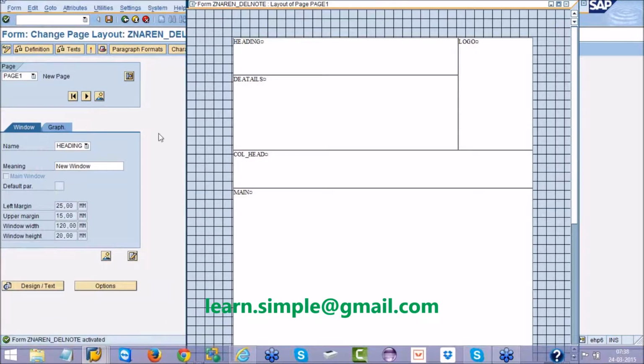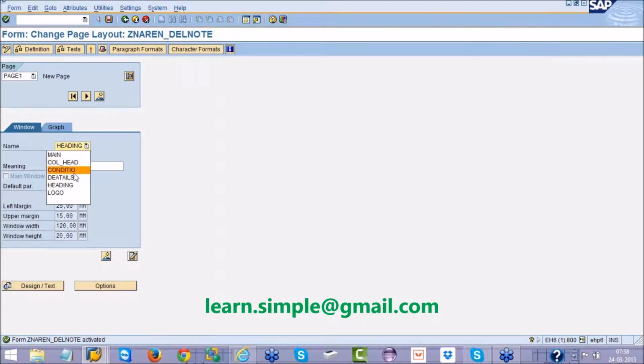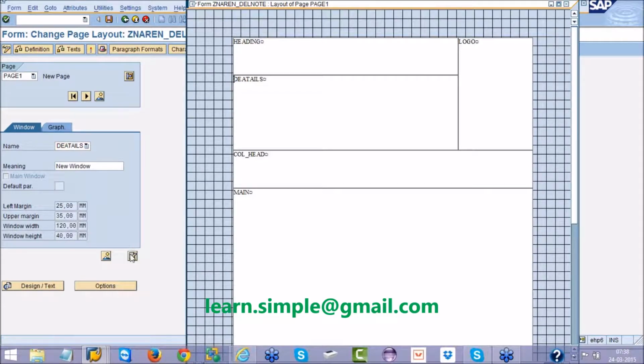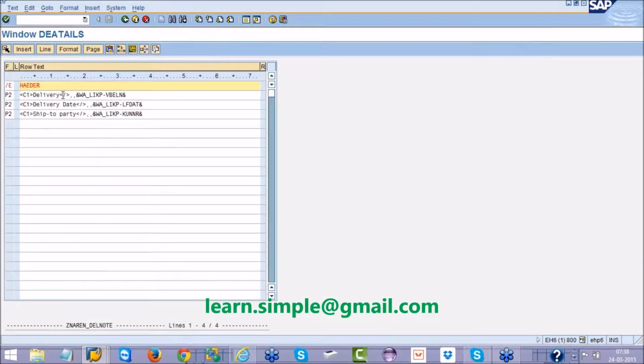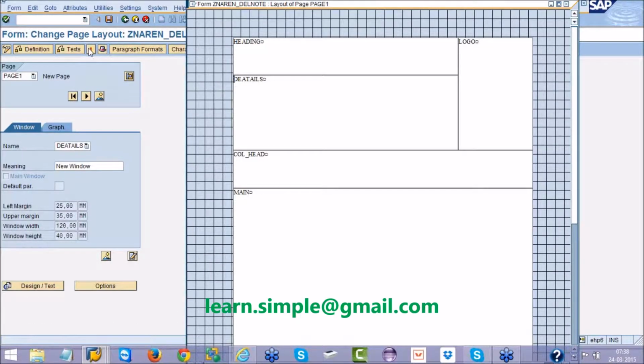Text element means not only in the heading window, we also have some text in the detail window, right? So in the detail window, we have a delivery. Here we have a delivery date. Here we have a sold to party. All these things you have to translate into the respective language. Once you translate,